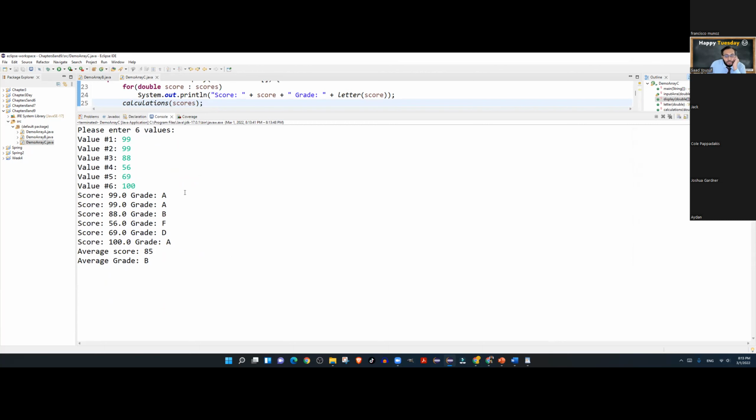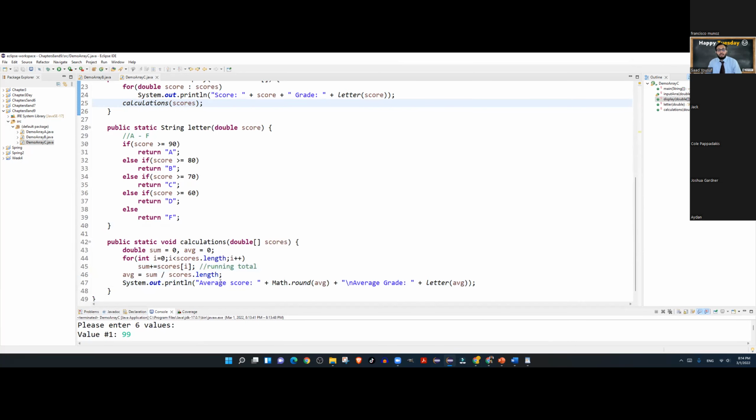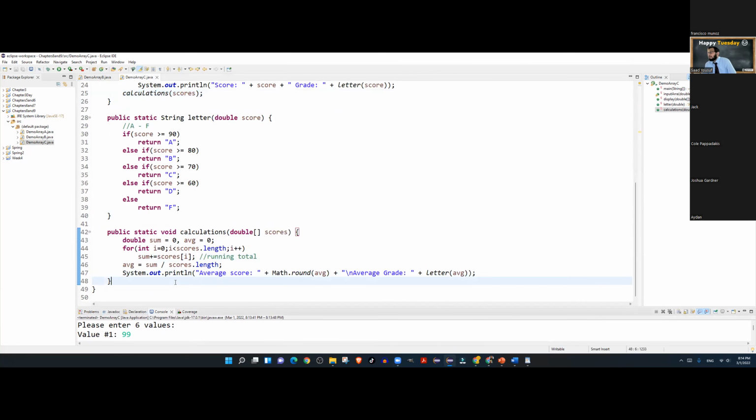So these are the scores. These are the letter grades for each score. This is the average score, and this is the average grade. So that's what you guys were asked to do.